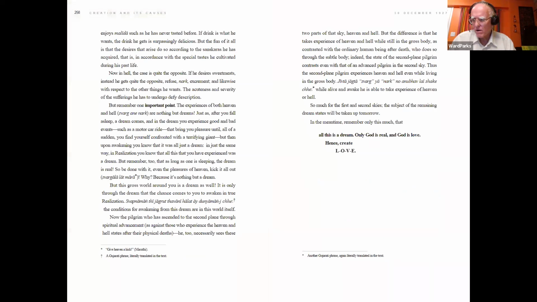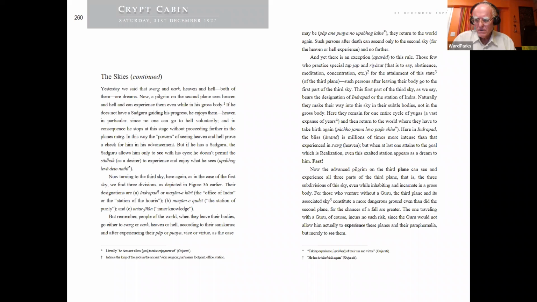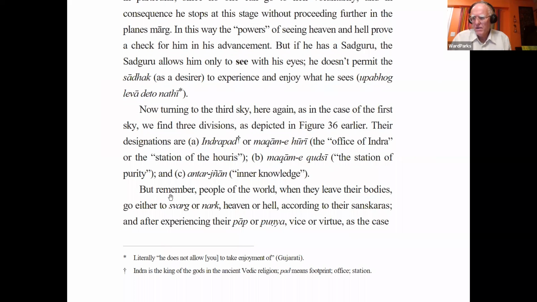Okay, back to our righty. Here. But remember, people of the world, when they leave their bodies, go either to Svarg or Nark, heaven or hell, according to their sanskaras. And after experiencing their pap or punya, vice or virtue, as the case may be,